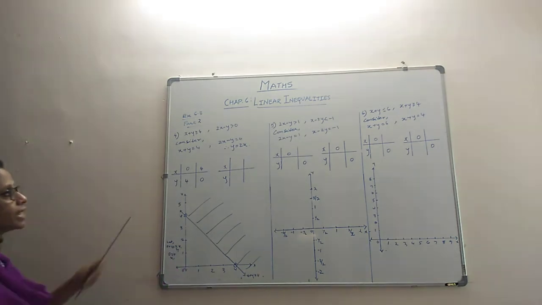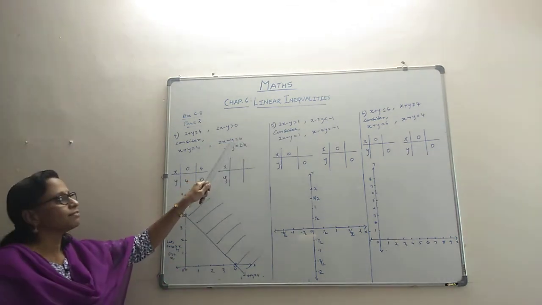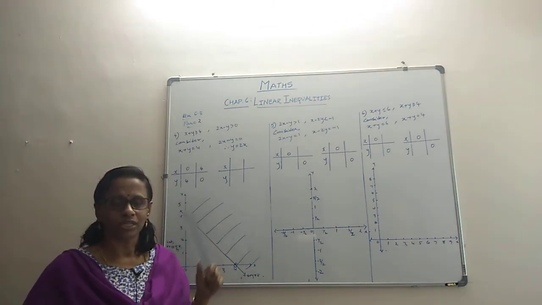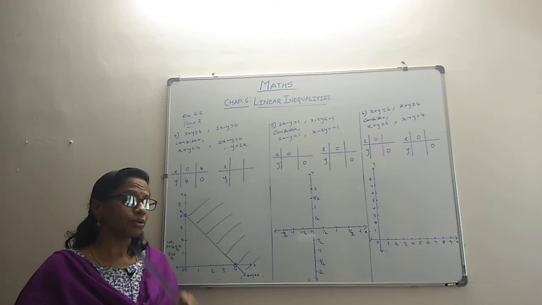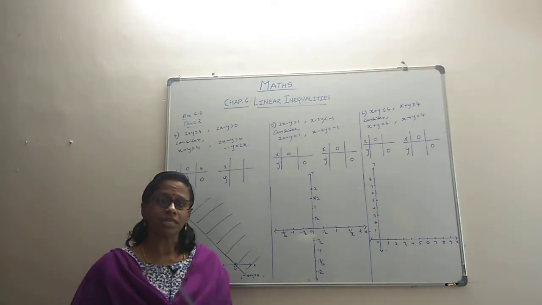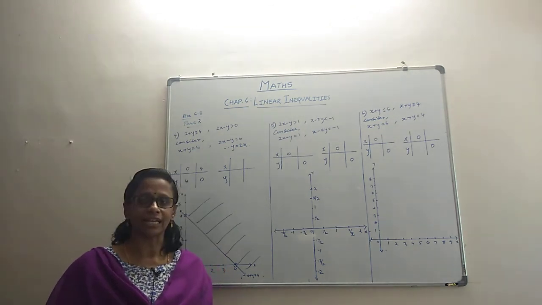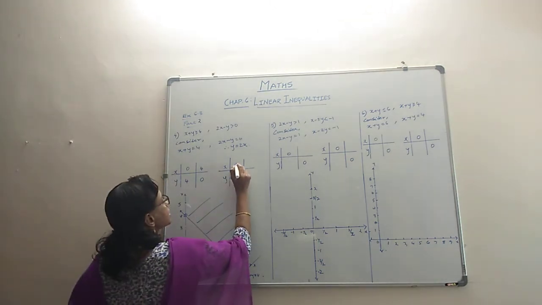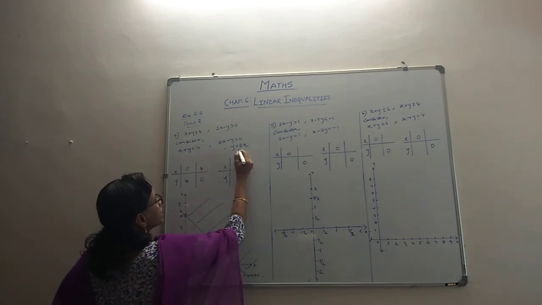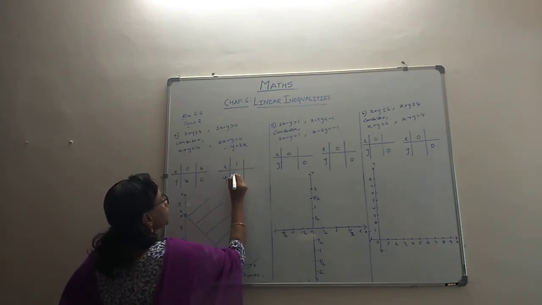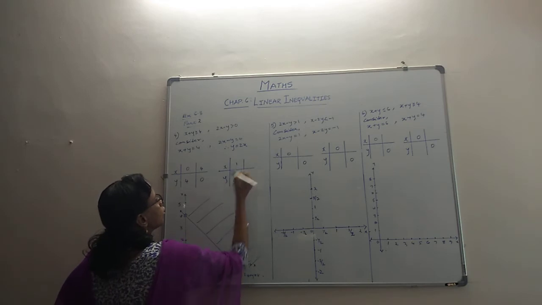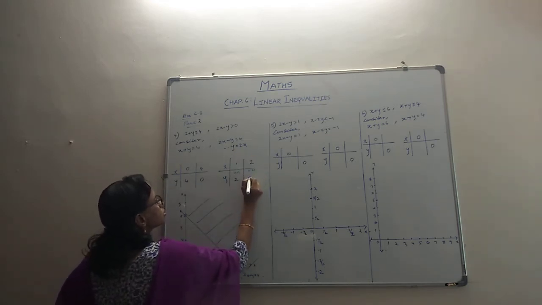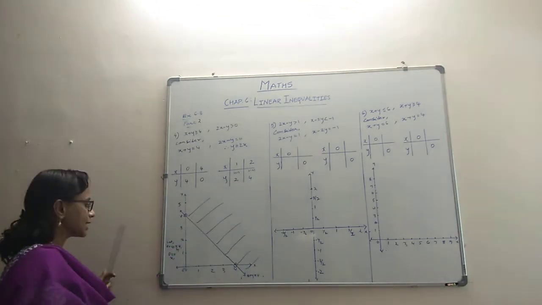Then we come to y equal to 2x. As I said, whenever you have these kinds of equations which pass through the origin, this idea will not work so well, because you will not get the coordinates properly. Whenever you know that it's an equation of the type y equal to mx, origin is definitely there in that line, you will have to find some other 2 points. Maybe that's your choice. You take x as maybe 1. If x is 1, then y is 2 into 1, so 2. Or maybe take x as 2. So if x is 2, then 2 into 2, so that is 4.